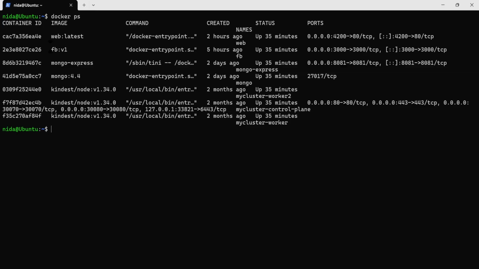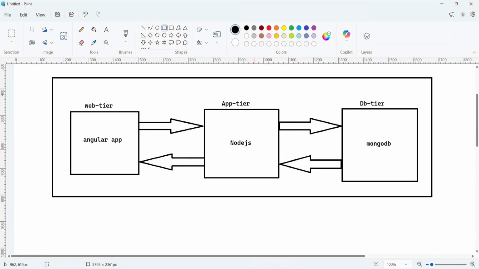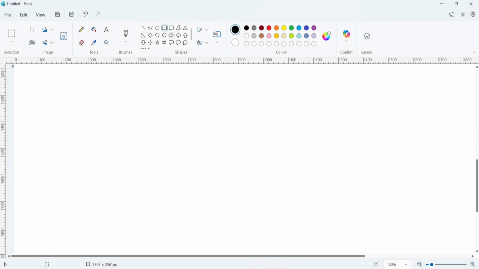In this video, I'm going to just deploy the Angular application and your Node.js application. So I'm going to delete these two images, and I will rebuild these images, so that you can have more clarity. Let me first create a diagram, so you can understand how our flow is going to